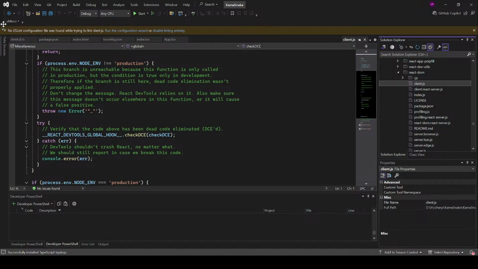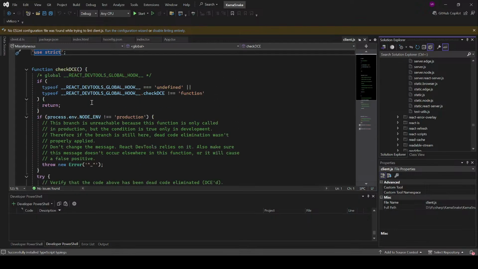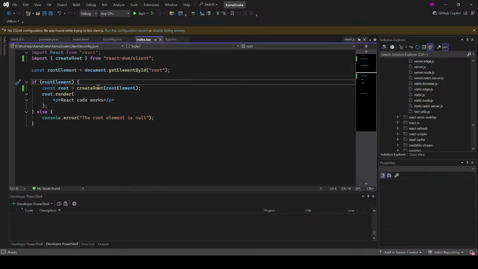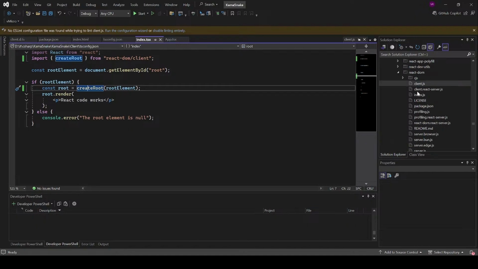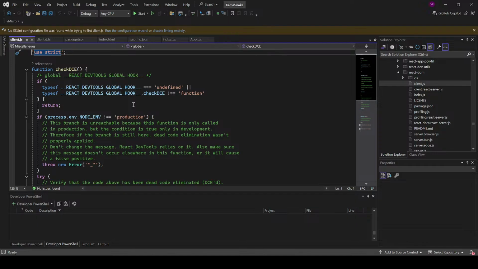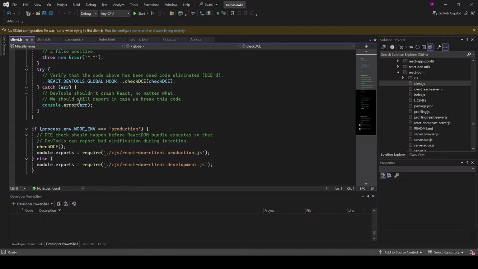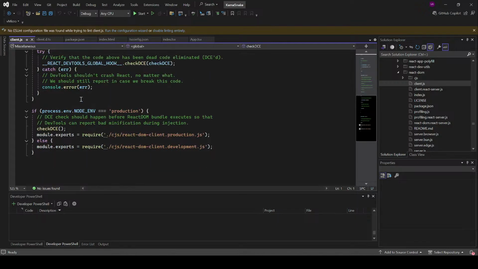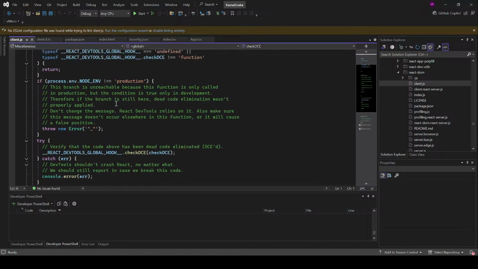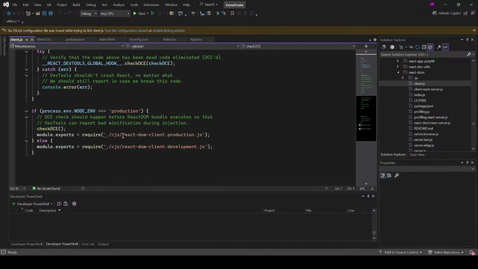What is still unclear for me is where is this function? I meant, wait, which one was that? Create route. Where is create route? Logically, it should probably be here, residing in client.js inside React DOM module, but I don't see it. And my curiosity is being unsatisfied. But you see, they load